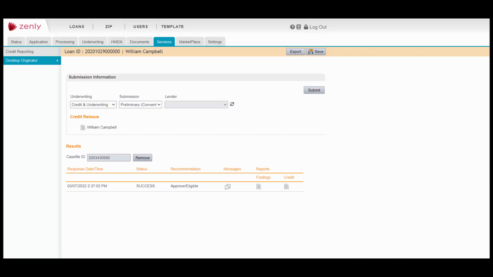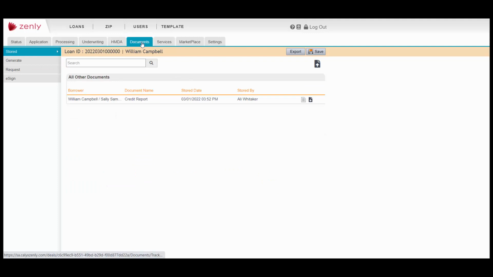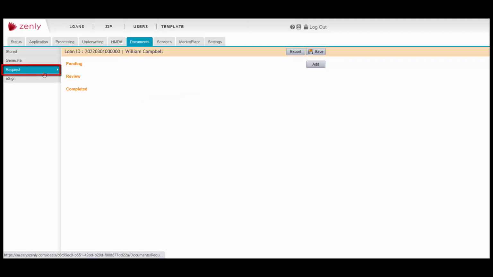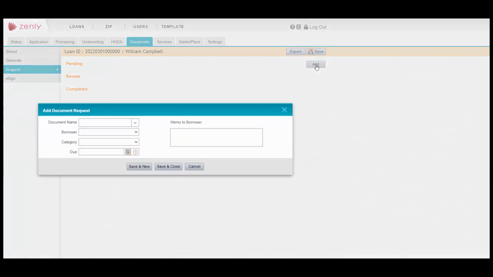Inside of Zenly, you can also request documents from your borrowers from inside of the system. They can then send those documents back to you and it will come into your file. For that, you'd go over to your Documents tab. And over on the left, that menu bar, the third one there is Request. So we're going to click on Request here. And right now you have nothing showing in your list. You would have to request it. To do that, you can click the Add button on the far right,